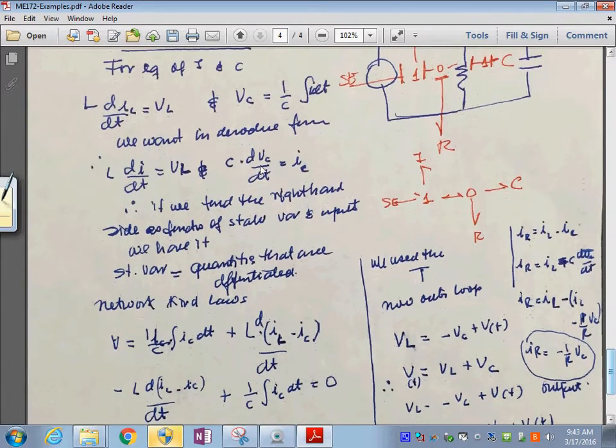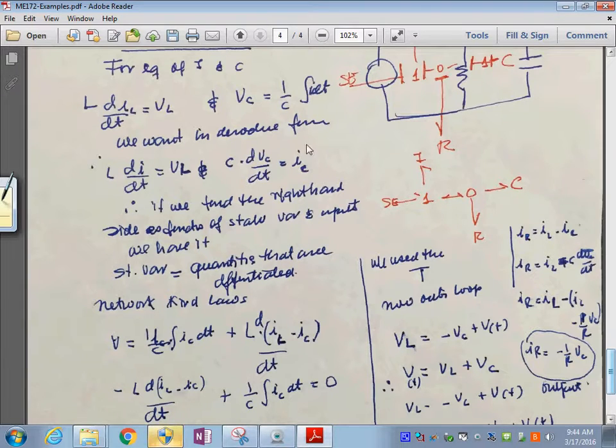Like I say, I was writing it to myself, so I may have to read you again to make sure everybody understands what I wrote. It says if we find the right hand of these two, then we have the state space form. So what are state variables? They are the quantities that are differentiated, in this case b sub L and I sub C. Okay, so if this is true,